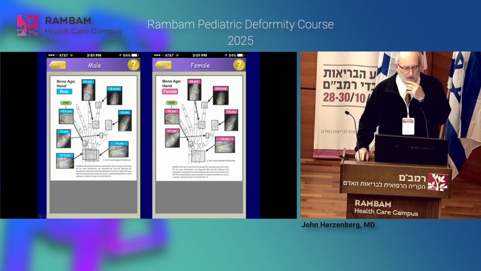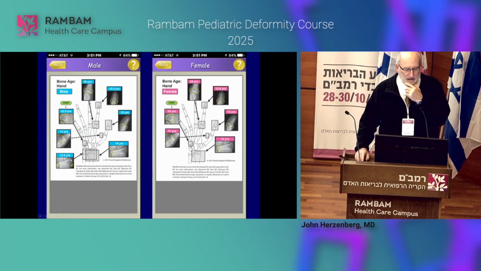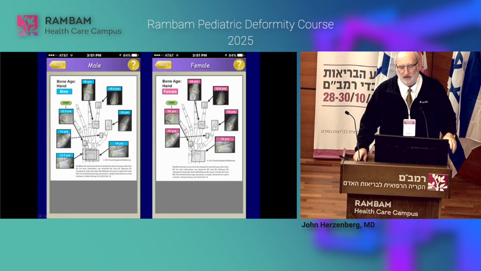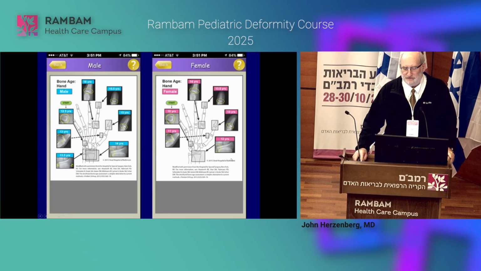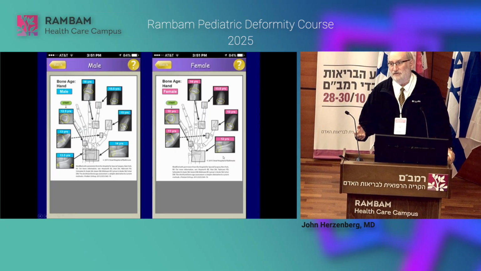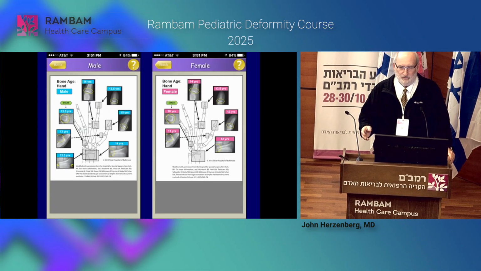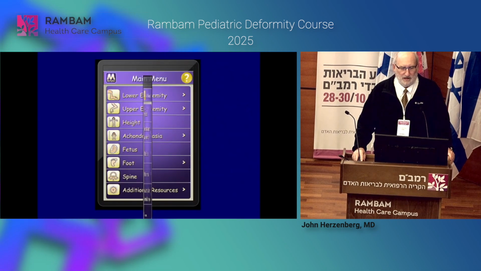It starts at age 12.5 for boys and age 10 for girls, and depending on whether you've got the various signs, like the hook of the hamate, the ossification of the distal radius, and the closure of the epiphysis, you can tell what the bone age is very quickly. It's a lot easier than flipping through the Greulich and Pyle atlas. That's kind of painful to do.